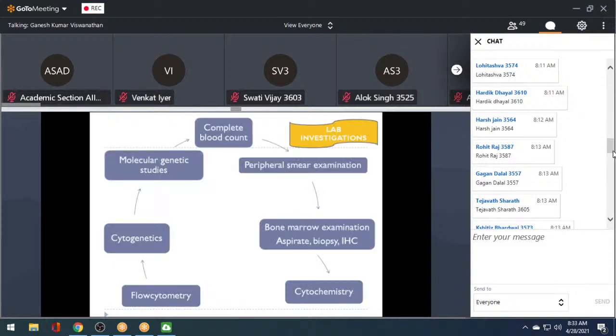The lab tests which we do to diagnose acute leukemias. So the patient has come to you. He has anemia, thrombocytopenia. He has enlarged liver and spleen. So how do you diagnose this? We do certain lab tests after doing the